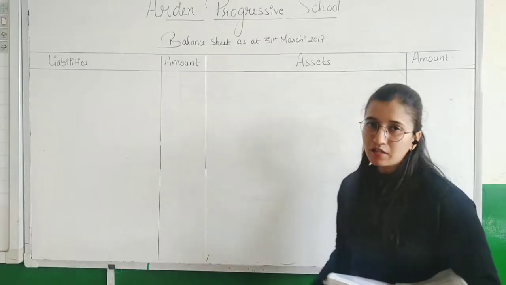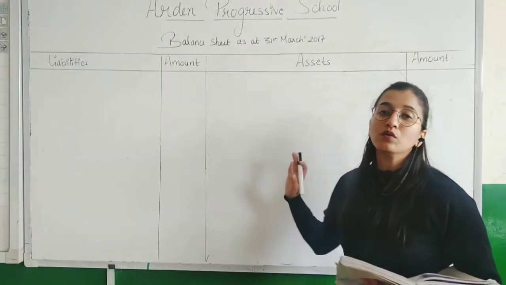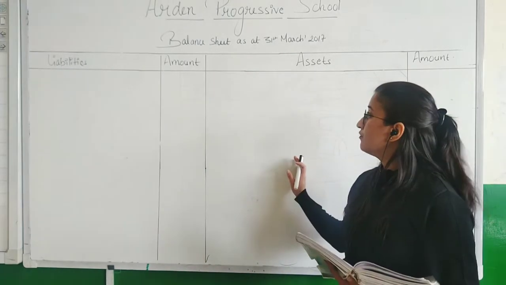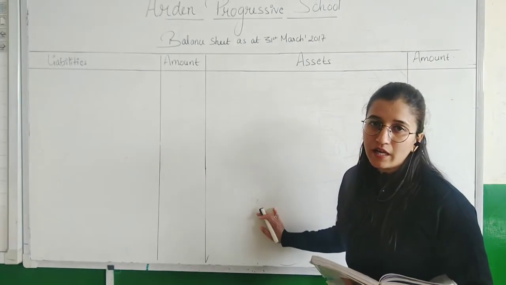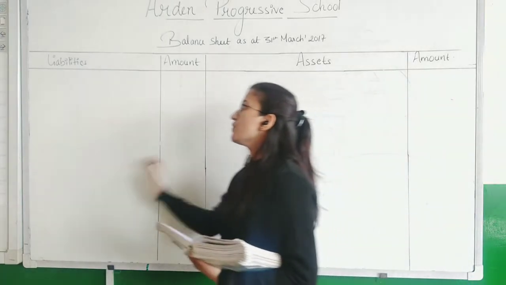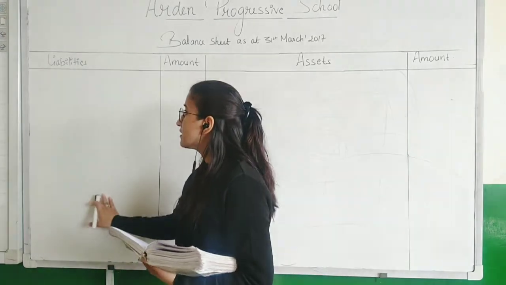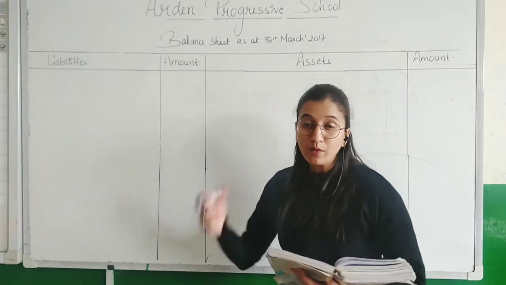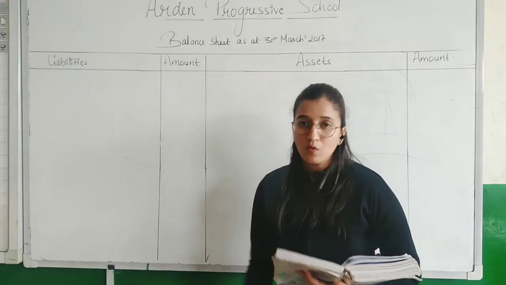First of all, in a balance sheet we write all the liabilities and assets according to the order of liquidity. Order of liquidity means we will write first the items which can be easily converted into cash, followed by the items which are converted into cash after 1 or 2 years. The same goes with the liability side also. In order of liquidity, first we will write all those liabilities which are to be paid within a year, followed by the liabilities which are to be paid after 1 year.